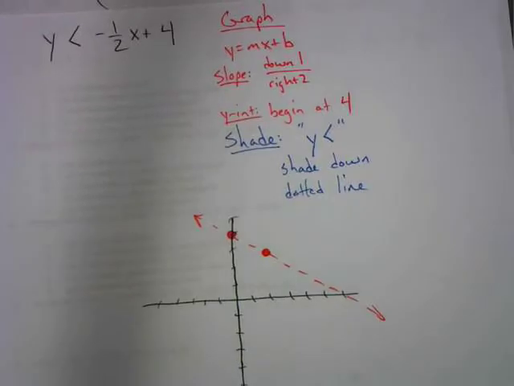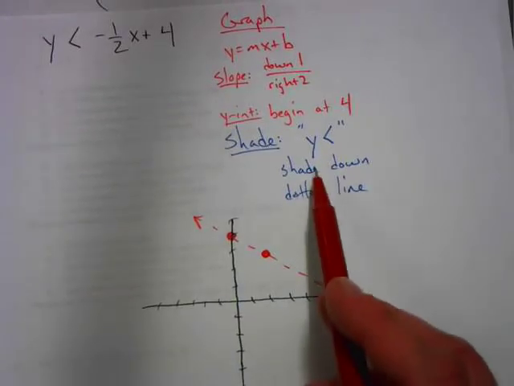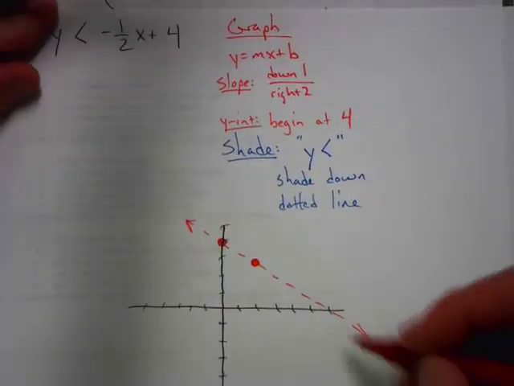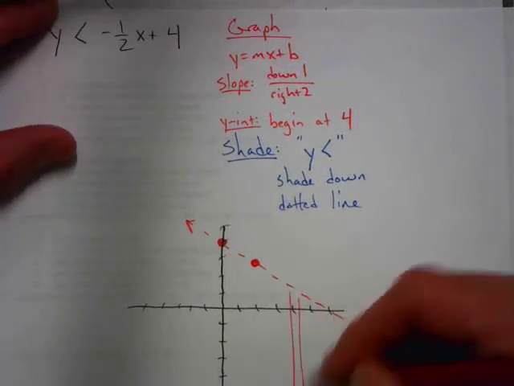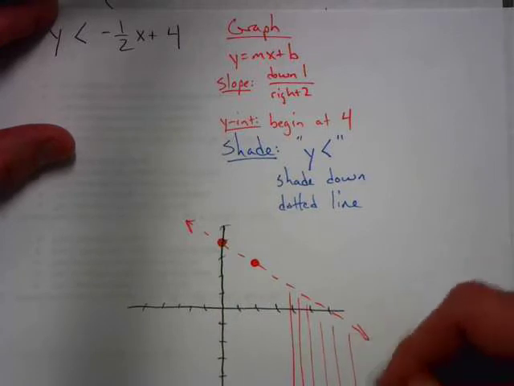And then we listen to our shading. And it says we're shading down. So basically, we put our pen anywhere on the graph and just point it down. And we don't need to color in crazy yet,